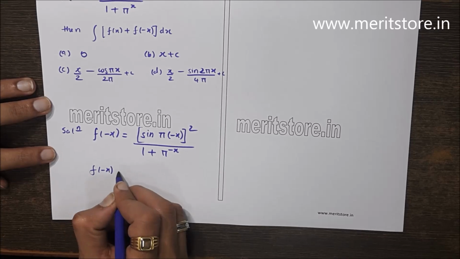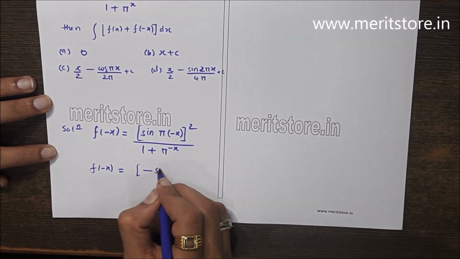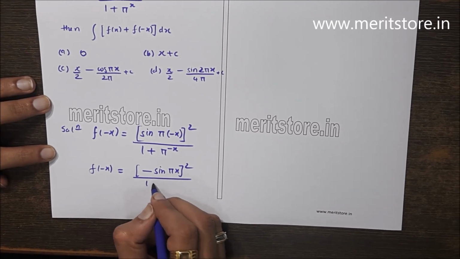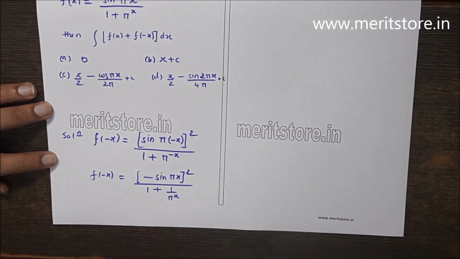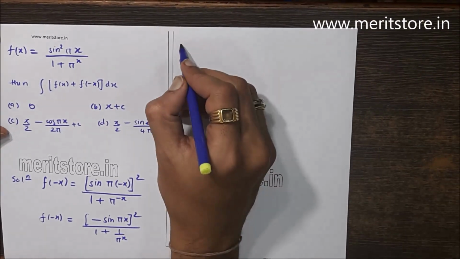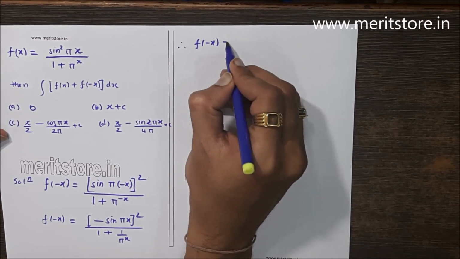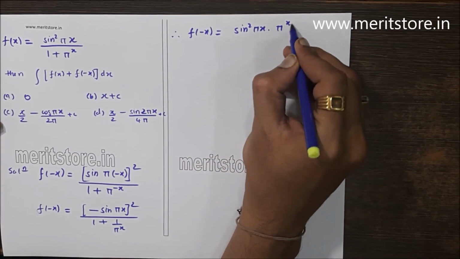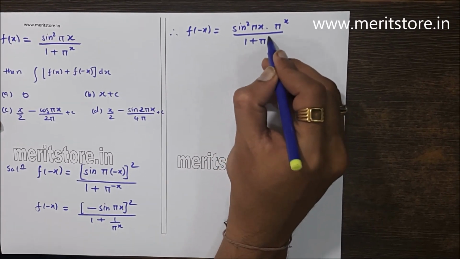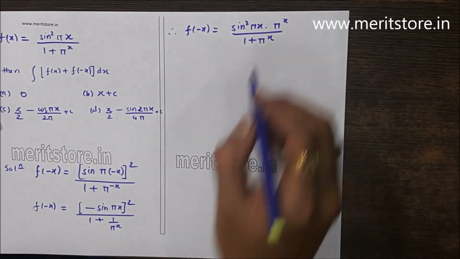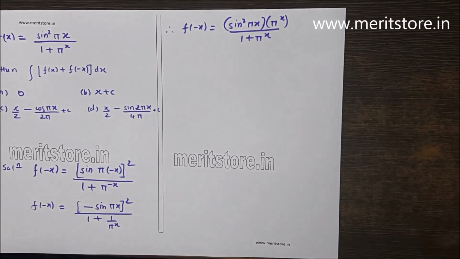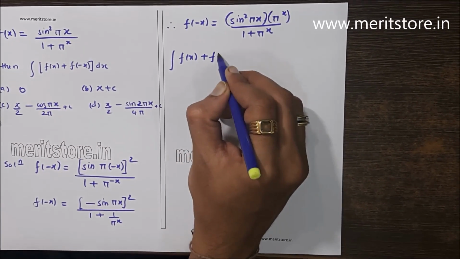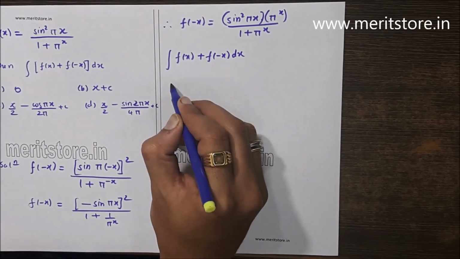Simplifying f of minus x as minus sine of pi x the whole square upon 1 plus 1 upon pi raised to x. And therefore f of minus x is equal to sine square pi x into pi raised to x upon 1 plus pi raised to x. Once we have this term, our integral is f of x plus f of minus x dx. Simplifying,